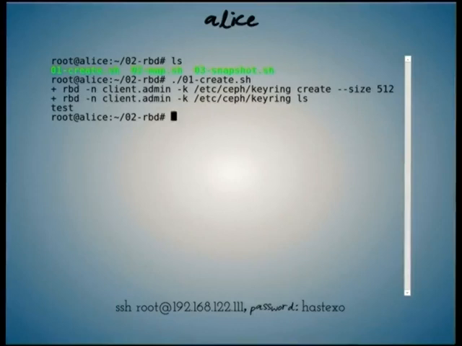The block device as such is thin provisioned, which means that the space that we're defining here is not taken up immediately. That is only the maximum space that it can eventually take up. So for example, if I